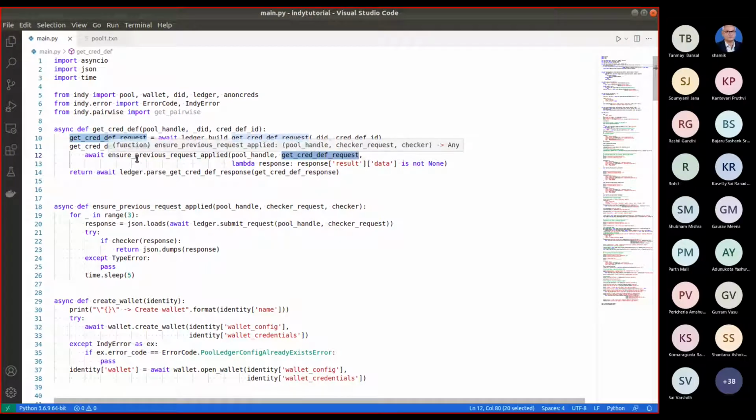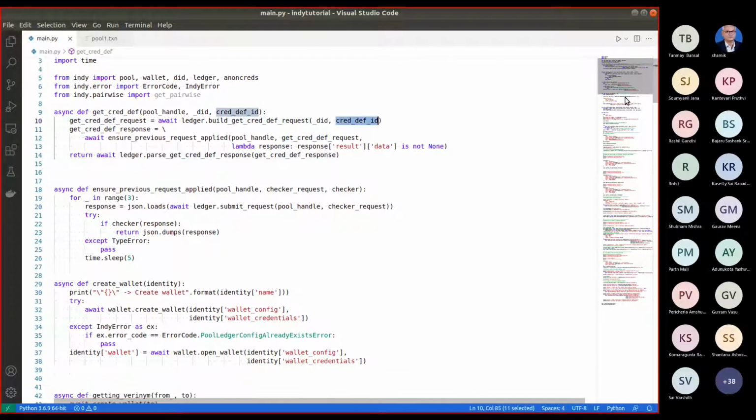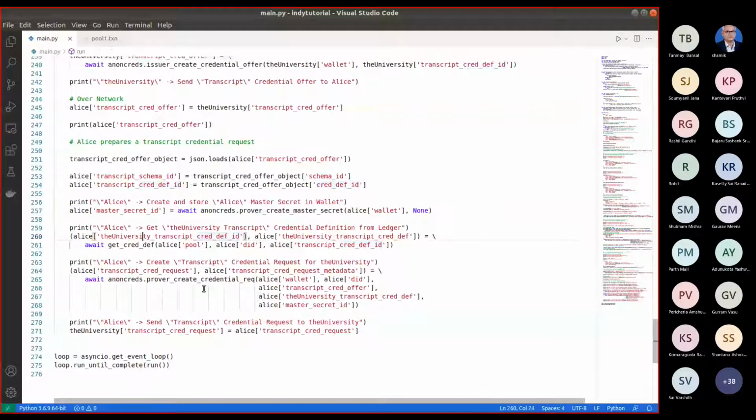Okay, yes, we are sending it to ensure the previous request is applied here. So it submits the request to the pool and checks if it has succeeded or not. Till that time it sleeps. So yes, get cred def will use this cred def ID to query the ledger. And using that credential definition,